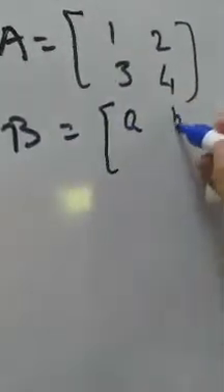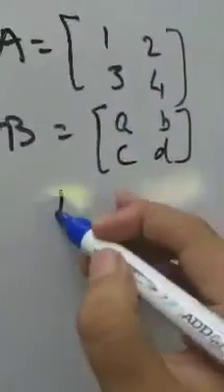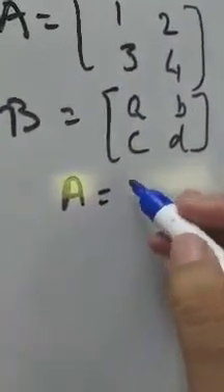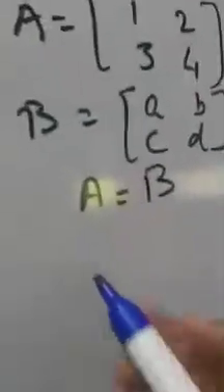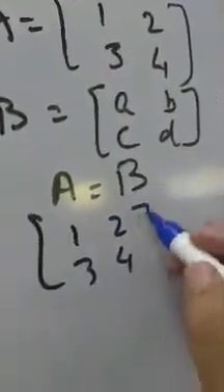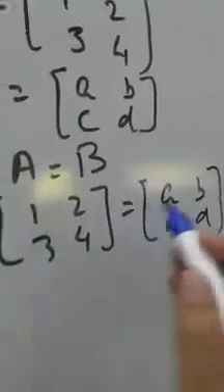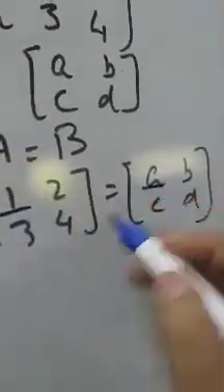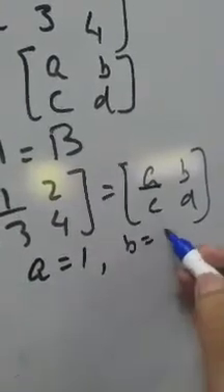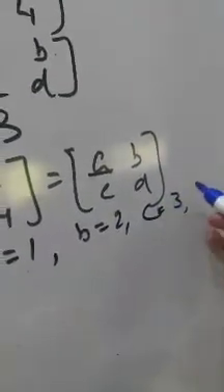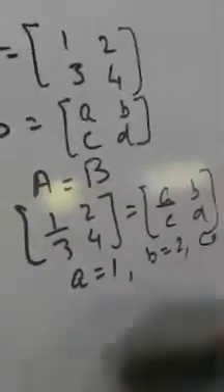Extending our discussion on the equality of matrices, if I write A is equal to [[1, 2], [3, 4]] and B is equal to [[a, b], [c, d]], clearly they are comparable, and I give you the condition that A is equal to B. Then what you are getting is that [[1, 2], [3, 4]] is equal to [[a, b], [c, d]]. So immediately I am getting from this equality that corresponding elements will be equal. So I will write a is equal to 1, b is equal to 2, c is equal to 3 and d is equal to 4. So this is the way we equate the matrices.